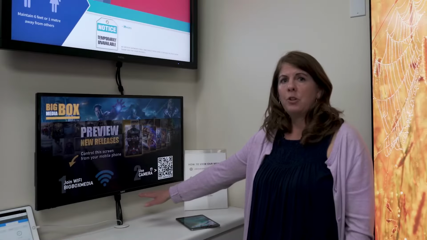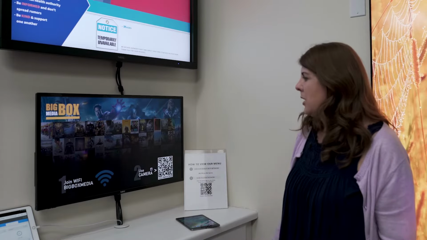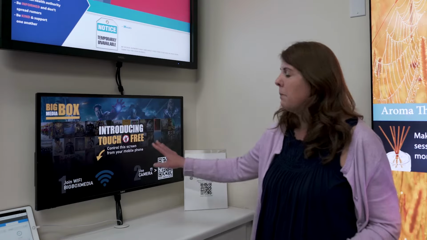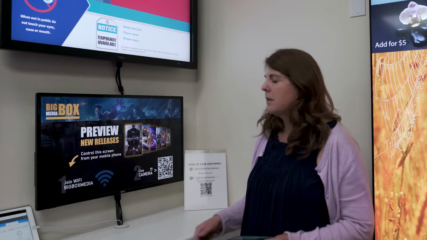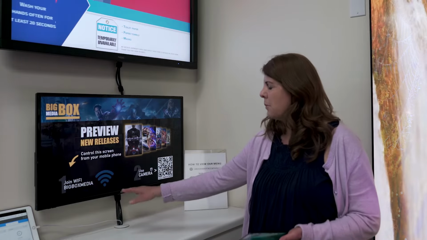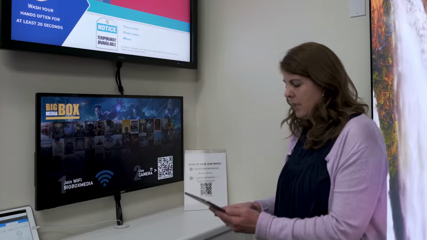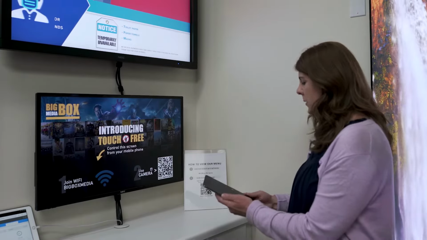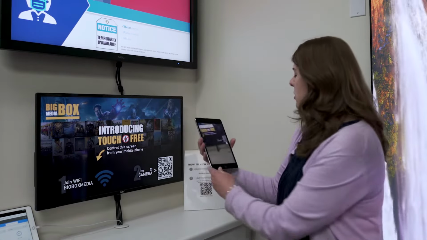And on this screen, we're showing our BrightLink solution, which takes it a step further from Bright Menu because we can now use our mobile device to actually control what's being played back on the display. It uses the same 2-step process to connect to the display and control it. In this case, the BrightSign player is broadcasting a Wi-Fi network called Big Box Media. So once we connect to that on our mobile device, we can then scan the QR code and it will bring up another pop-up message.